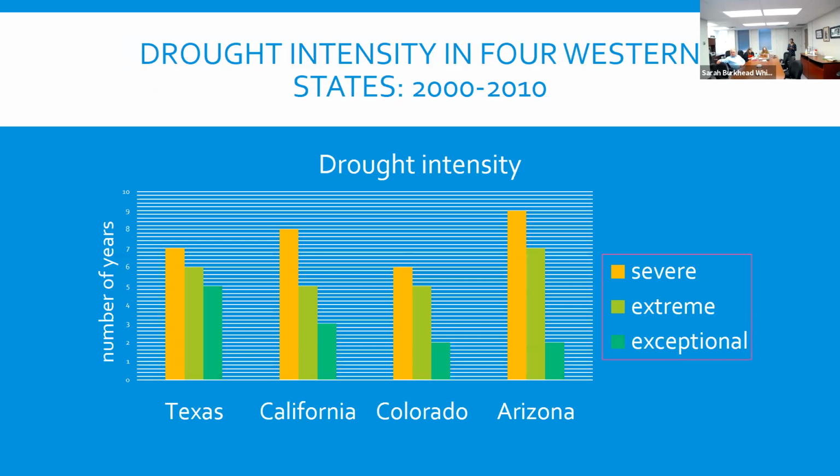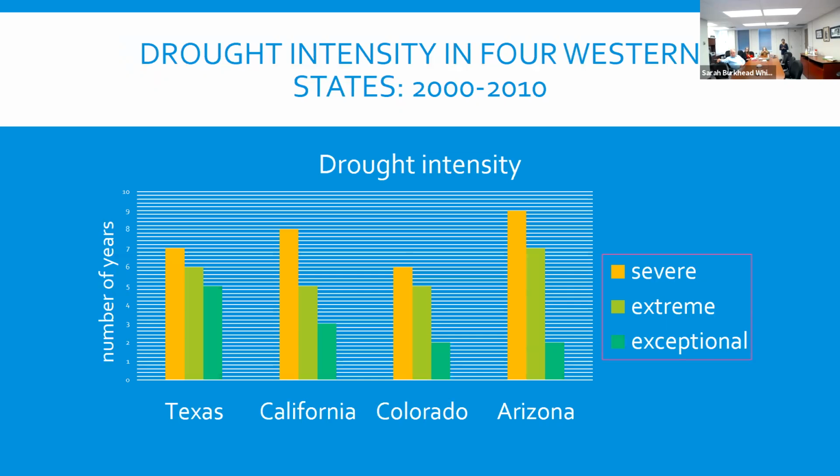And so what we did, me with my student, was look at some of these drought intensities and classify them as dummy variables. One, if the drought intensity is exceptional drought. As you can see in some of these bar diagrams, most of the extreme and exceptional droughts have been coincident, meaning most of these states had exceptional droughts in the same years as we can classify them as extreme droughts.